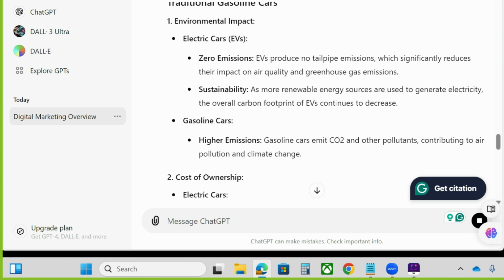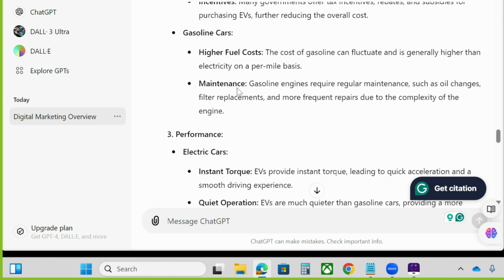One, environmental impact. For electric car it is this, for gasoline car, see how detailed it has explained, so that you are not supposed to ask your friend, or go to a showroom and ask, please explain me what are the benefits. He or she may tell you five features, five benefits, but they may not tell you the loopholes, what are the problems. But ChatGPT or any other large language model has explained every detail, positive also, negative also, you will get. So electric cars, this is the benefit, this is the features, performance,